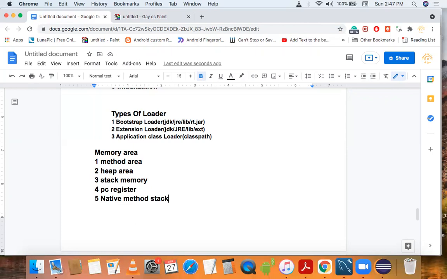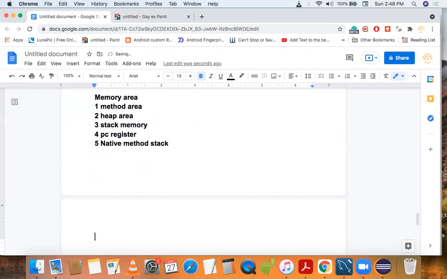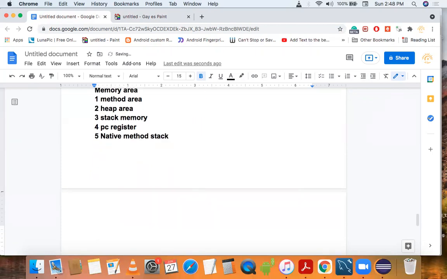So we have two conclusions. First, for every JVM, a heap area will be created and a method area will be created.